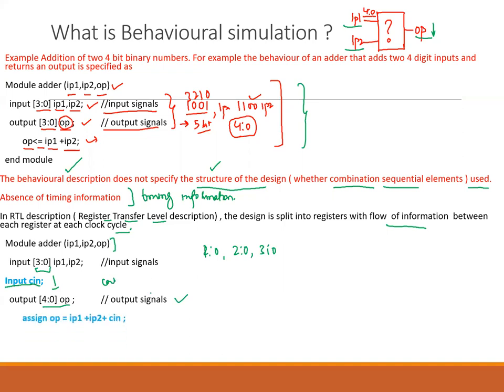Then your output is being assigned input 1, input 2 plus carry in. You know that in a full adder, we are also going to add some carry from the previous state and also have some carry at the output. So this is 3 bit, this is 4 bit, this is 1 bit. So a total 5-bit output will be there, and it is being described as [4:0]. Here you can see we have assigned the output in this particular sequence. So this will end the module.